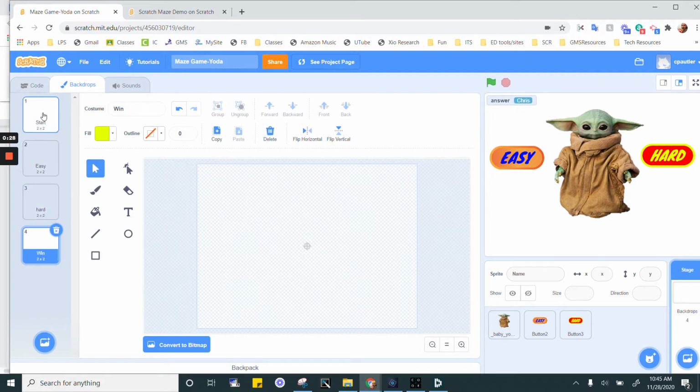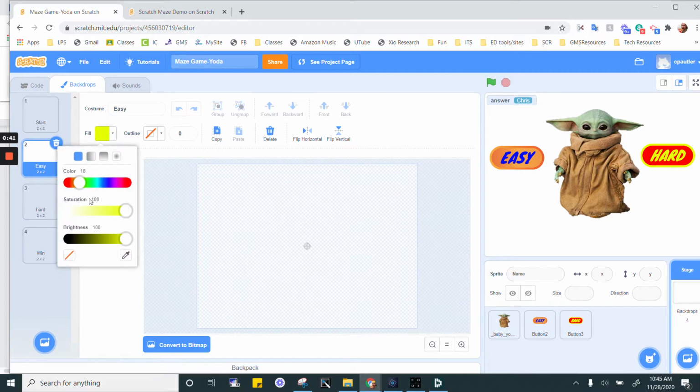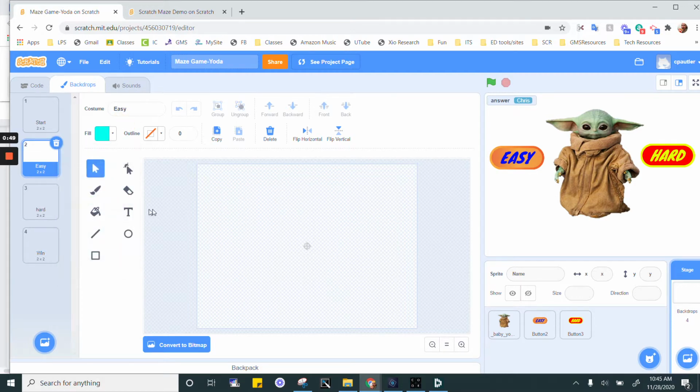So. Nothing to do with the start one. For the easy and the hard, we are going to make a maze. Now, what I'm going to start with is kind of a backdrop color, I guess you could say. So you can choose really anything. I'm going to do something, I don't know. Let's do a light blue. How about that? So I'm going to choose that, and here's what I found works best is then use a